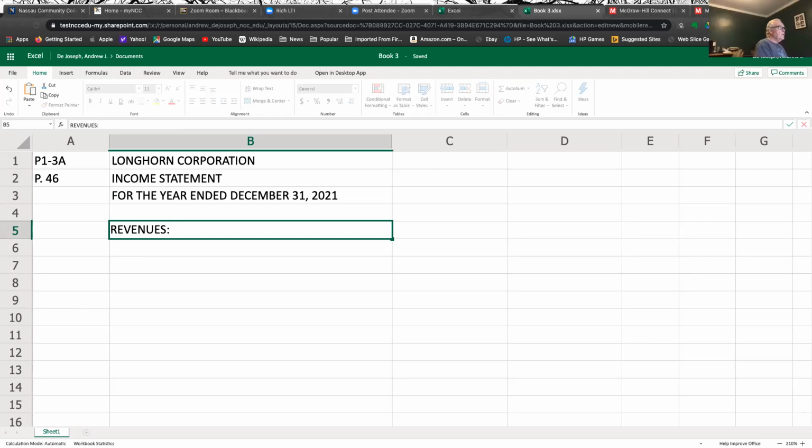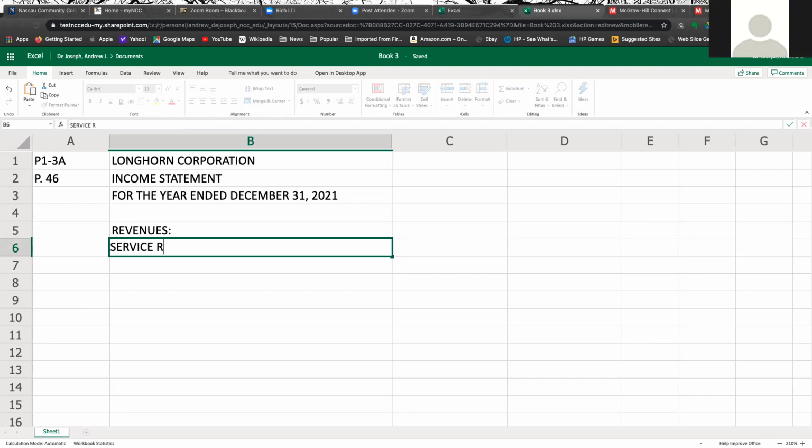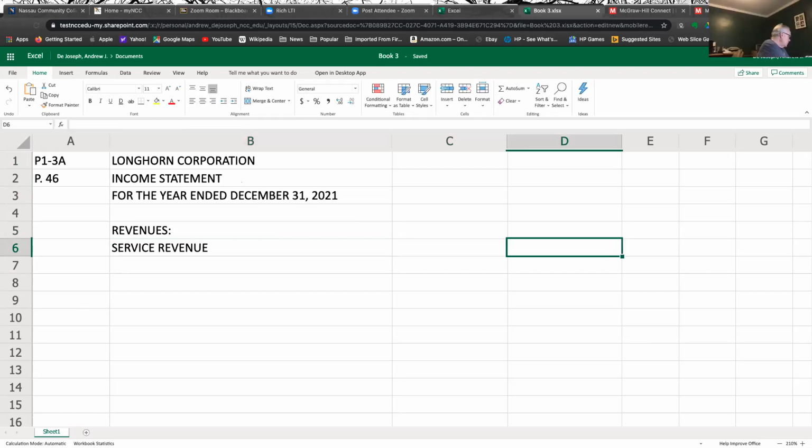Okay, and we always start with the revenues first and go through the list and look for the word revenue. And I see service revenue. All right, and I see the number is